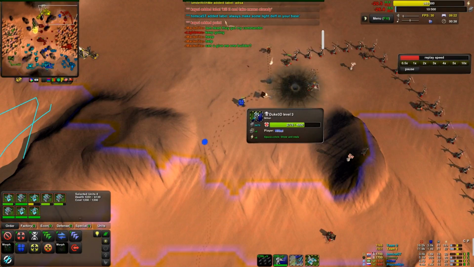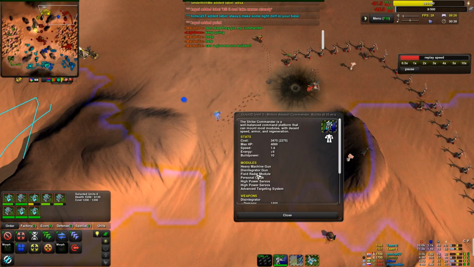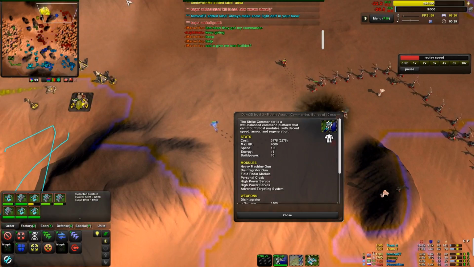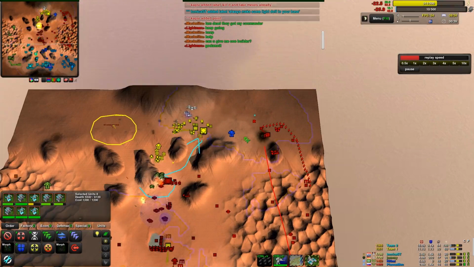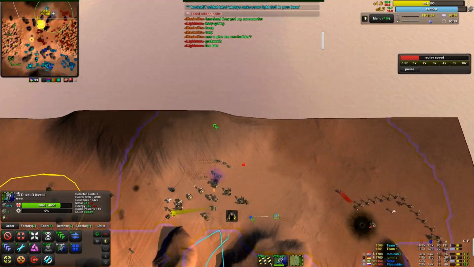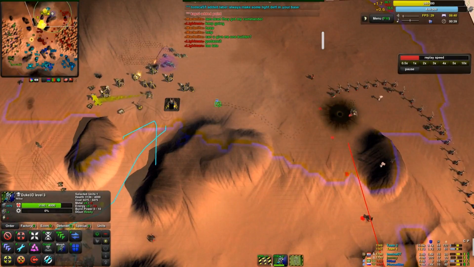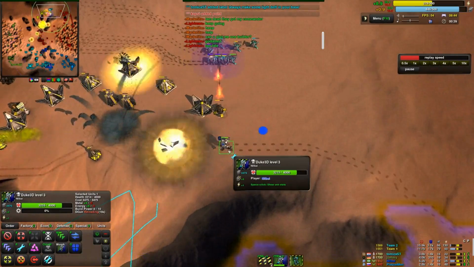And actually, Nibel's Duke 3D level 3 commander, what is he? Strike commander with heavy machine gun, disintegrator, field radar module, personal cloak, high power service, advanced targeting system. So, yep, he's basically pretty well positioned to be able to pretty much just destroy us completely. So he's pretty expensive actually, over 3,000 metal. I mean, for the same metal you could basically get a